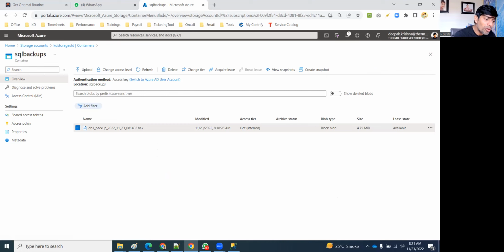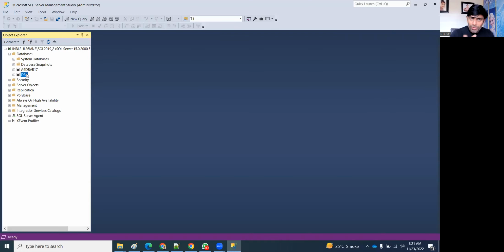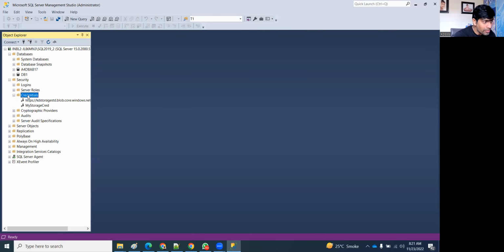Now, one minute. So there's one more way. This is one way of taking a backup, right? SQL Server backup, database backup to cloud. So there is one more way. Don't worry about this, but I just want to show you. Normally, we see DBAs doing this style also. Again, no worry, just leave it, sir. I will do that. You just watch the demo.